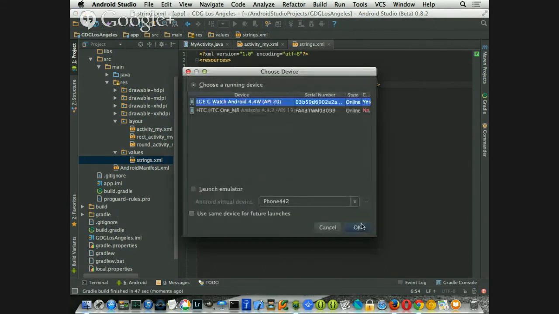Okay, so I get to pick a device. So I'm gonna pick the LG watch. Then click OK. It's going to upload to the phone, to the watch, and then you'll see the watch face change when it actually does it.